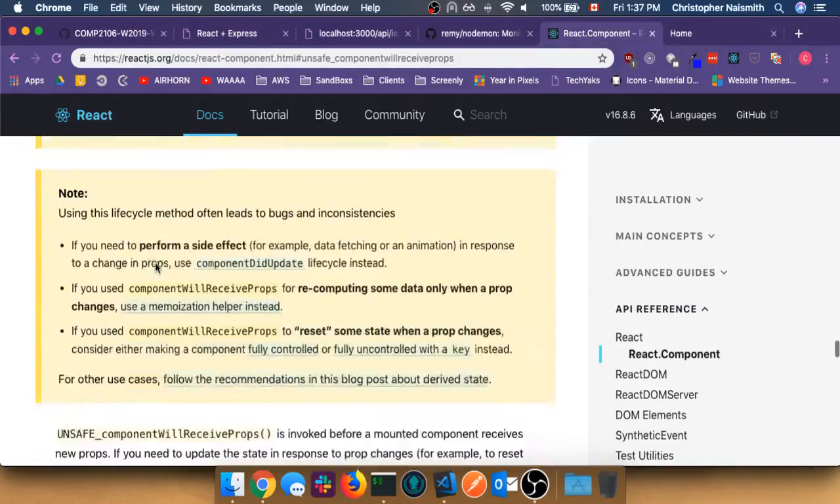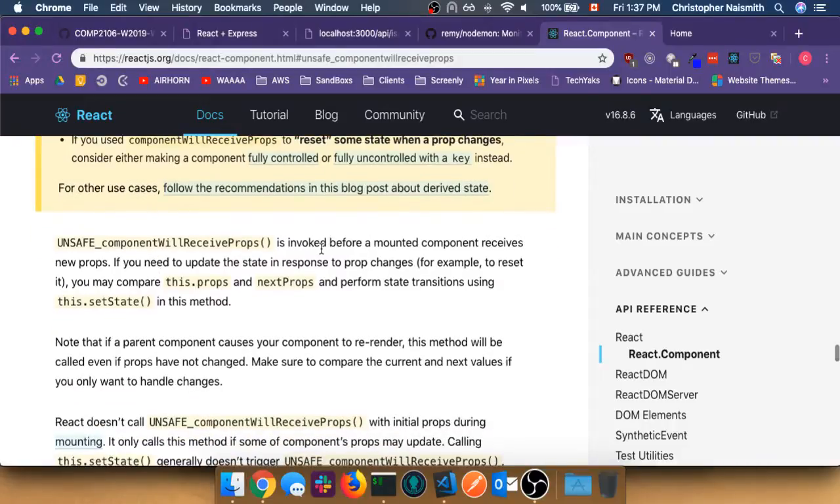So does it explain? So, componentWillReceiveProps is invoked before a mounted component receives new props. If you need to update the state in response to prop changes, for example to reset it, you may compare this.props and nextProps and perform state transitions using this.setState in this method. That sounds kind of confusing. But basically,